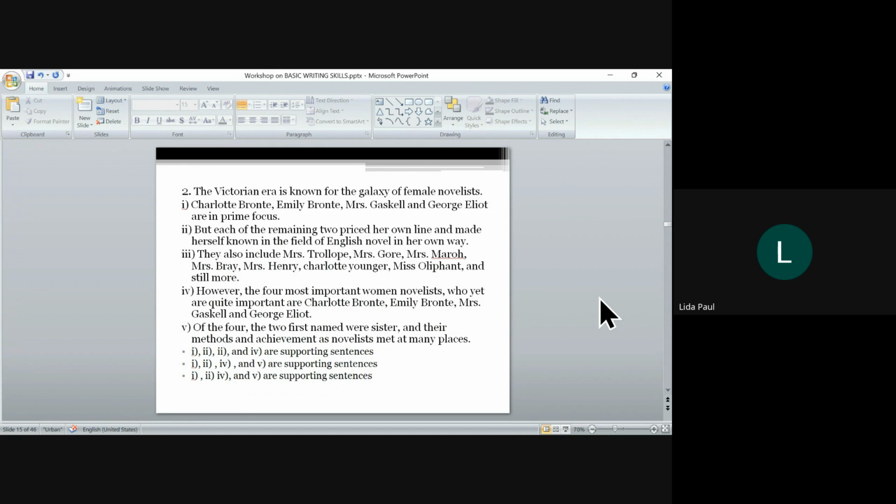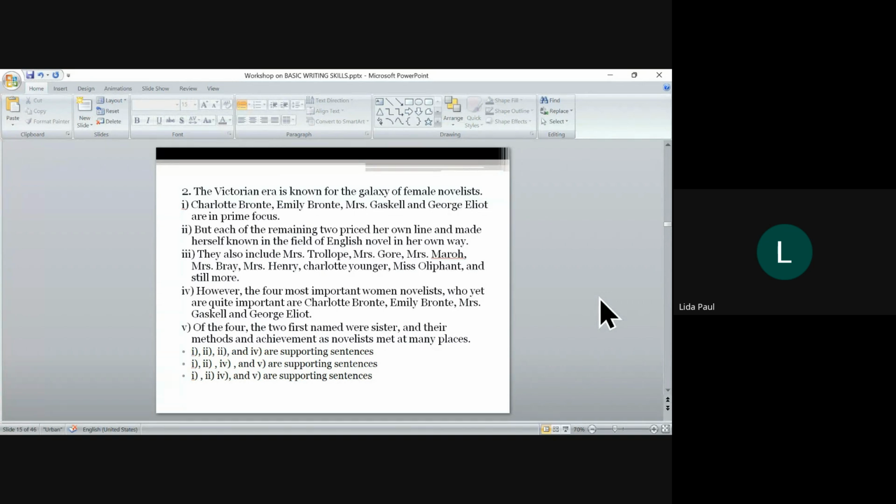No. So supporting sentences could be, there has to be at least four of them. Let's just say that this is not a paragraph which would have your conventional concluding sentence. But definitely there would be something that doesn't look like a sentence that can be used as